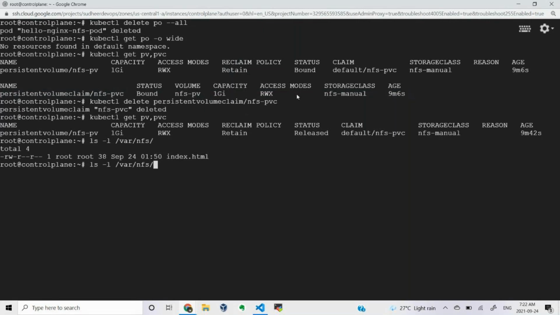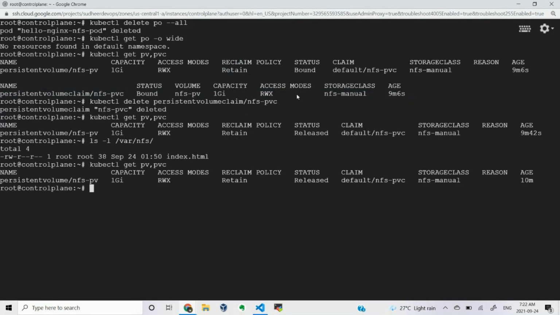So what we are trying to say is that after deleting your PVC, your PV went to a released state. Why? Because you are using a retain policy. Retain policy means that manually, what we did, doing some changes, making it available, you have to do it manually. So let's say if I want to make this available, kubectl edit. If you don't make it available, you cannot utilize this particular volume.